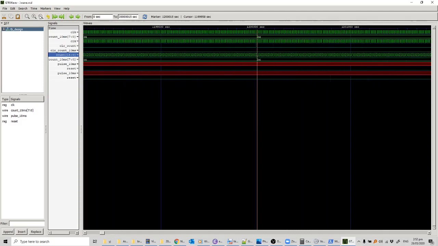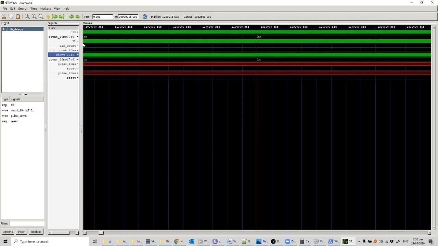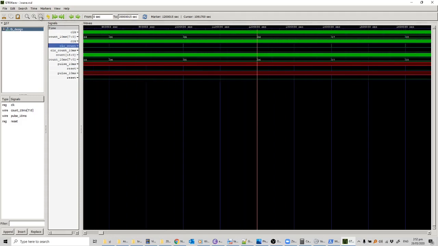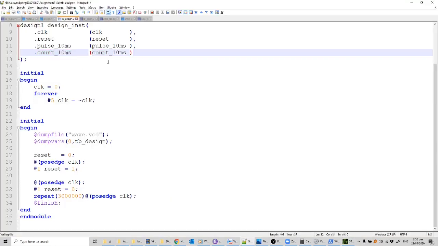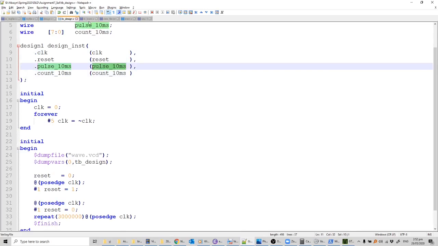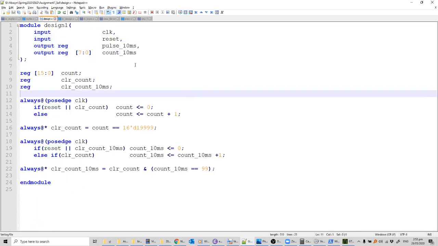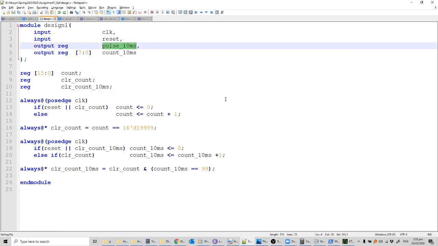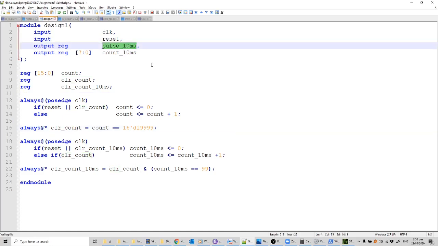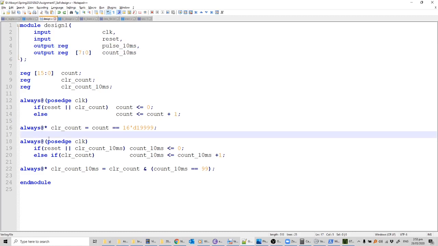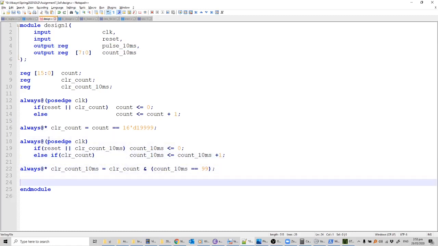On every such transition, I should get this pulse 10 millisecond. Sorry, where is it? My pulse. Yeah, this clear count. Why am I not getting any pulse? Okay, so there is a bug here. I haven't tied pulse 10 millisecond to anything, right? So this clear count should have been this pulse 10 millisecond. What I'll do is I'll just write another statement, always